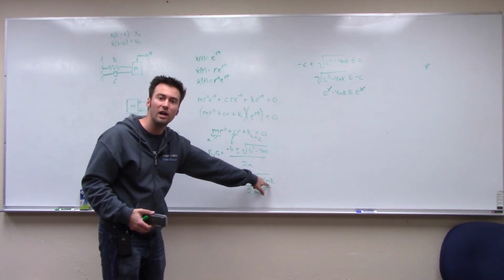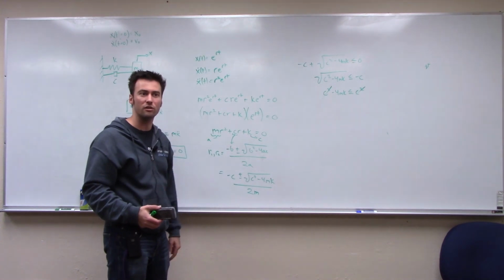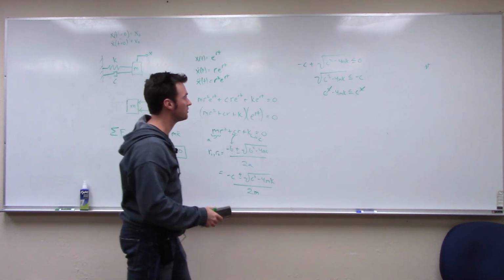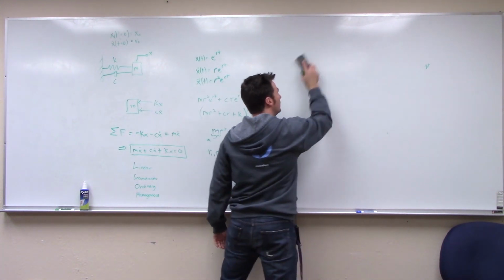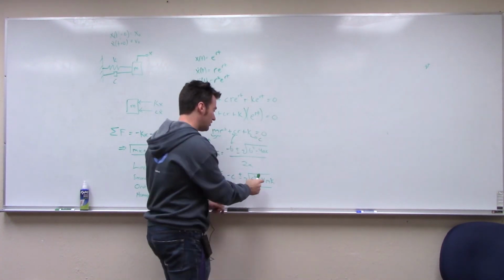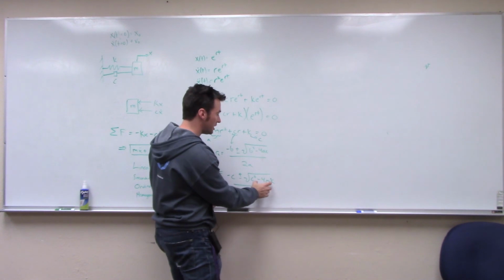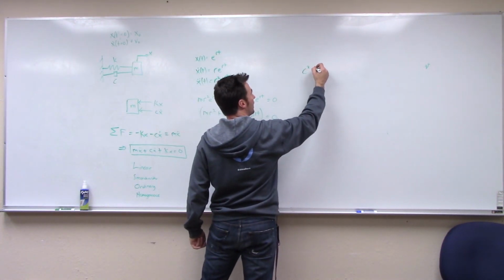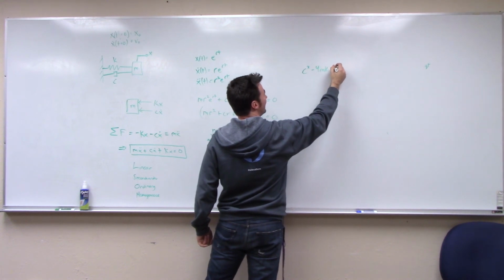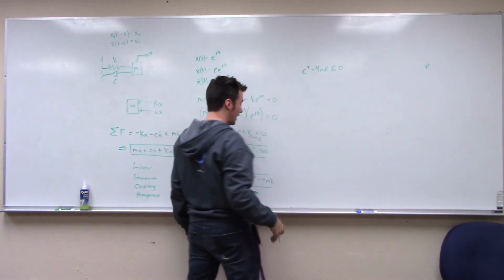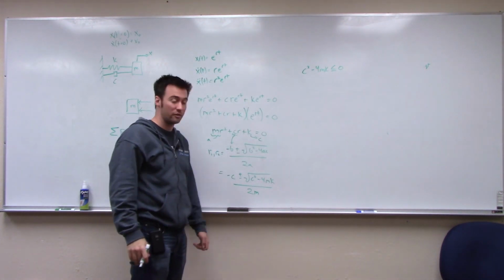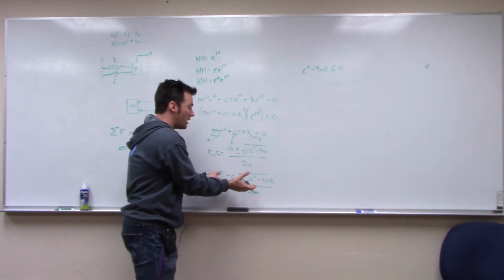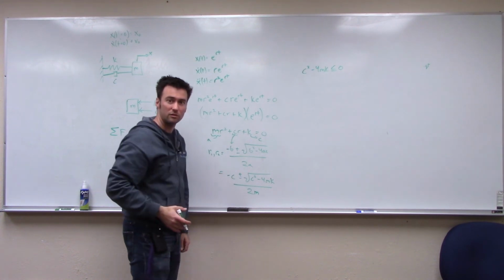If the inside were negative, we could have that sinusoidal sort of solution, or the decaying sinusoid. So let's see how that can happen. If this is imaginary, that means the inside of it has to be negative, okay? So c squared minus 4mk is less than or equal to 0. If that's true, then the inside is negative. That means this whole thing is imaginary. We have some complex thing